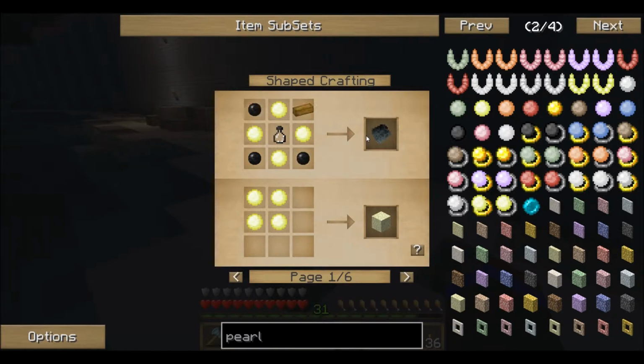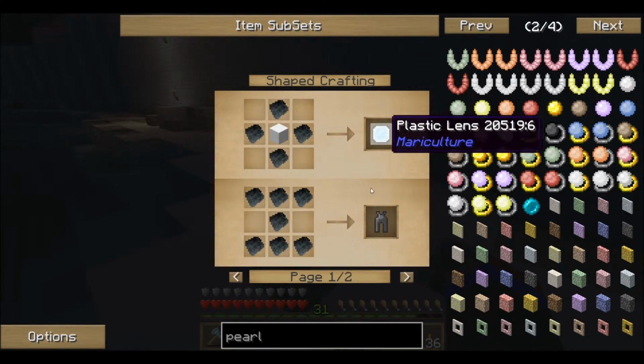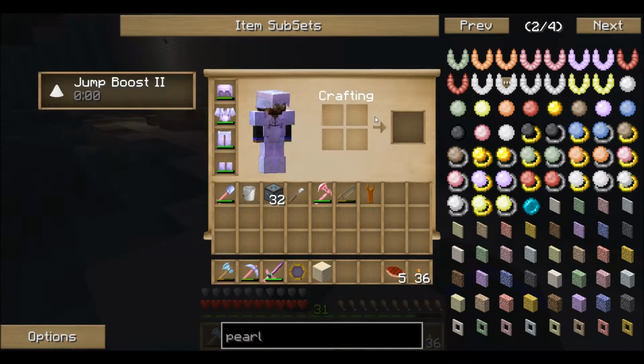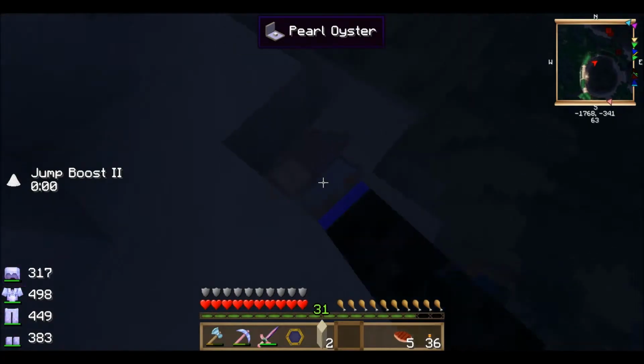If you guys know anything about mariculture or have any links, put them below. I really want to know what's going on, because that would be super cool to learn. Okay, let's see what neoprene's in. Plastic lens, wetsuit, flippers. You can go fishing. Oh yeah. So, I think this is a huge find. If we're going to do mariculture, I think...